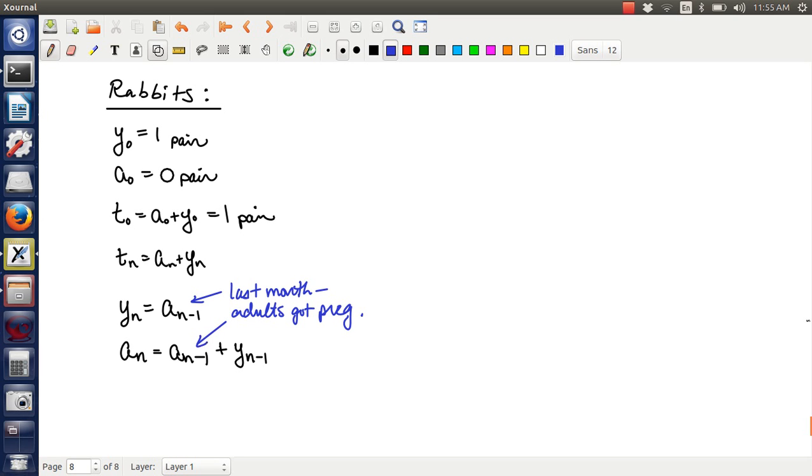And so these are the adults who got pregnant last month, and these are the new incoming adults who have now spent their 1 month growing up. Okay? So this is a very simplified model. The babies are born after 1 month of gestation, and once they're born, they only take 1 month to start